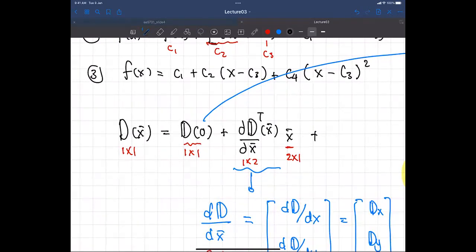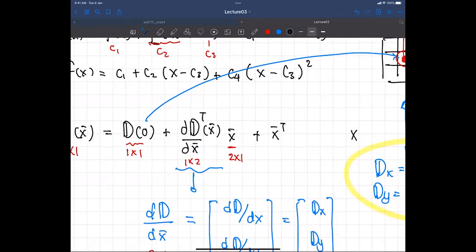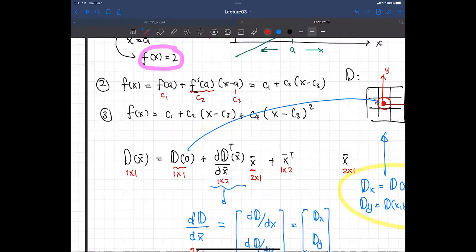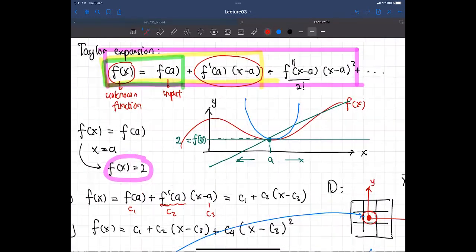So for that one, the quadratic of x bar, how can you make that quadratic for a vector? Yes, x transpose multiplied by x, right? So a quadratic function of a vector means that you have x transpose multiplied by x. So this one will give you the quadratic. Here it is 1 by 2, and this is 2 by 1. So in the middle, we have these terms here, the second